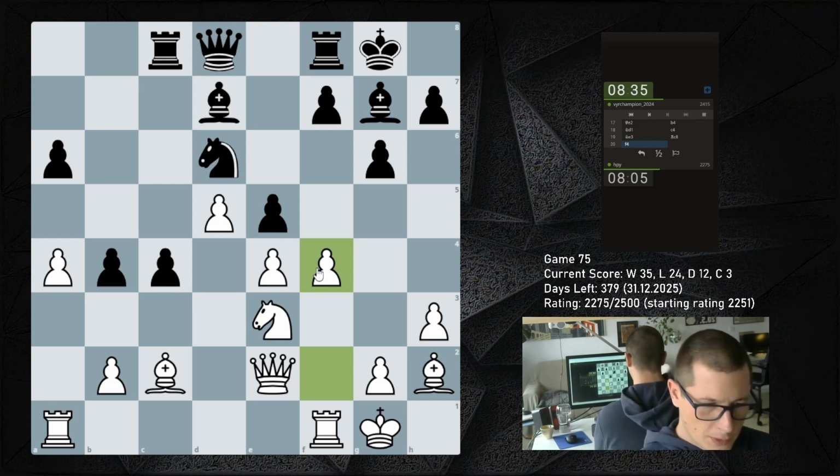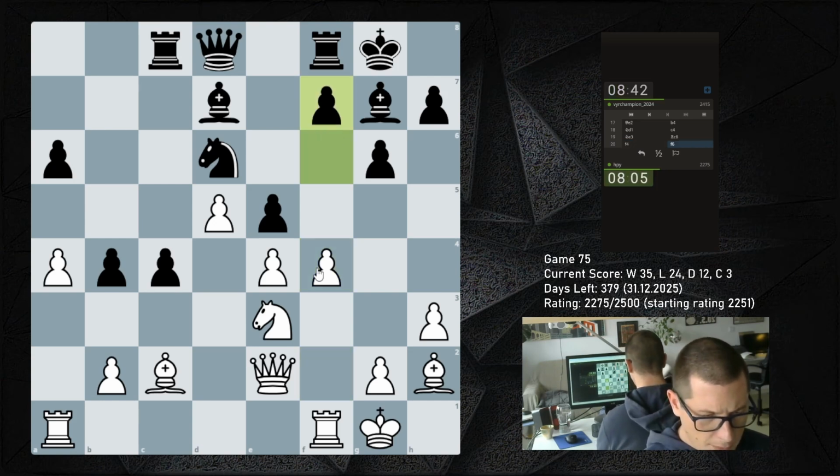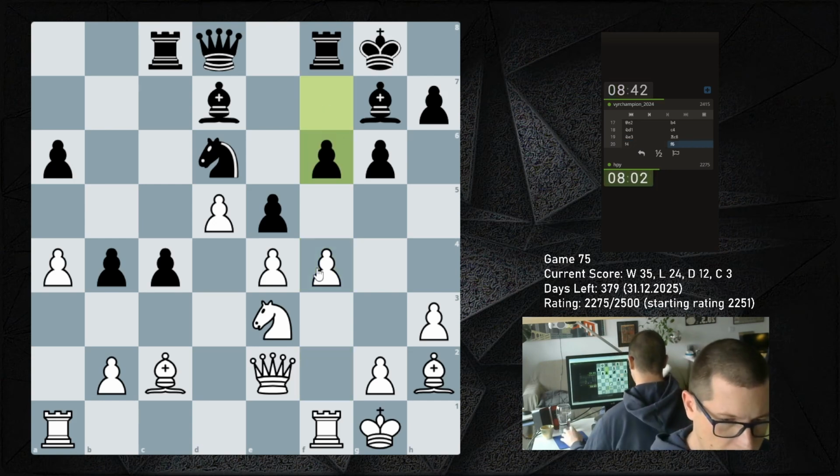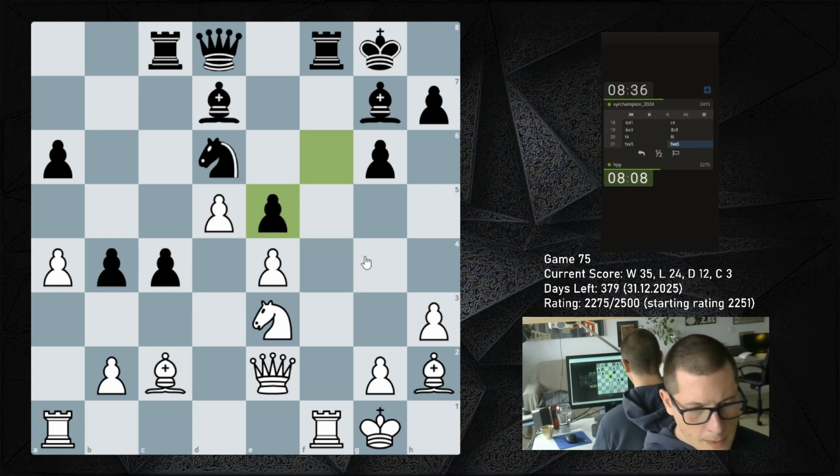I should have factored in that I'm unleashing the bishop on b2, so this may have been a dreadful blunder. Okay, f6, I'm happy to see that. Now the bishop's gonna stay blocked. I think my opponent should have taken, because then the bishop on g7 becomes active. Okay, so